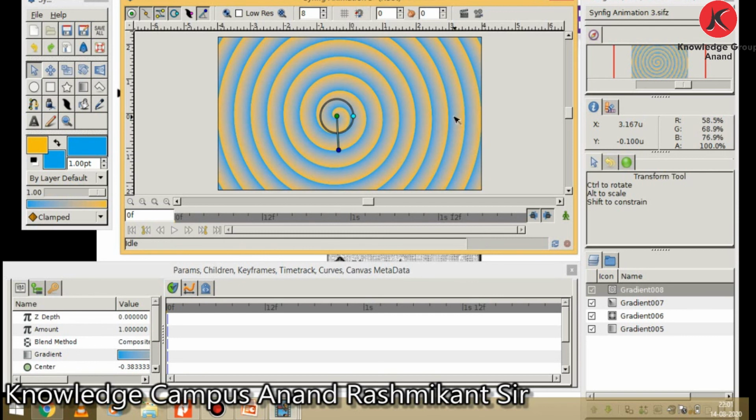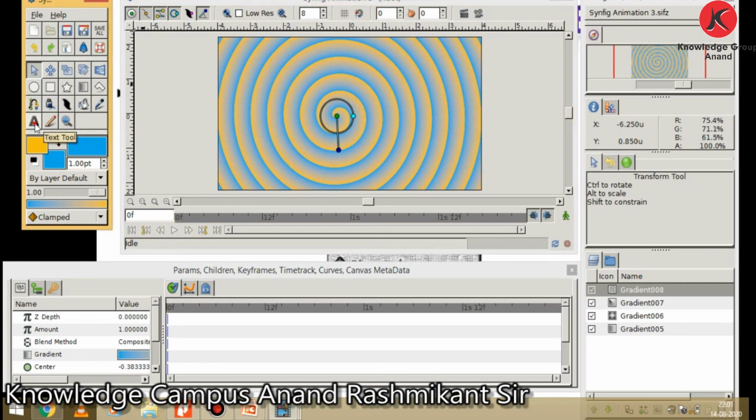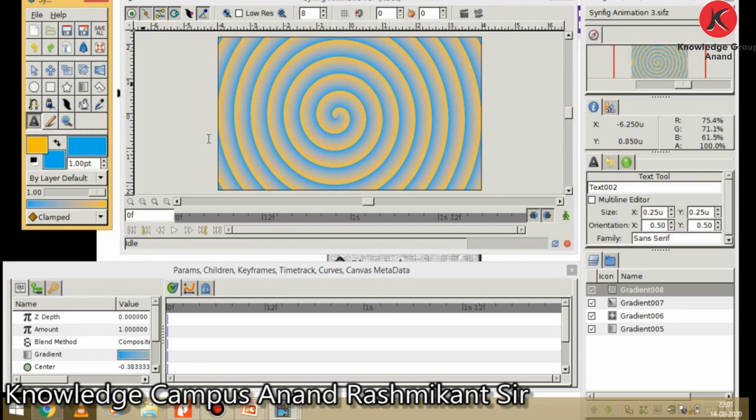Text tool. Text tool allows you to enter text by creating a text layer. It is a text tool. Select the text tool icon from the toolbox and then click on the canvas window where you want the text layer to be created. So click on text. You can see its option in tools option panel. It is for text tool.